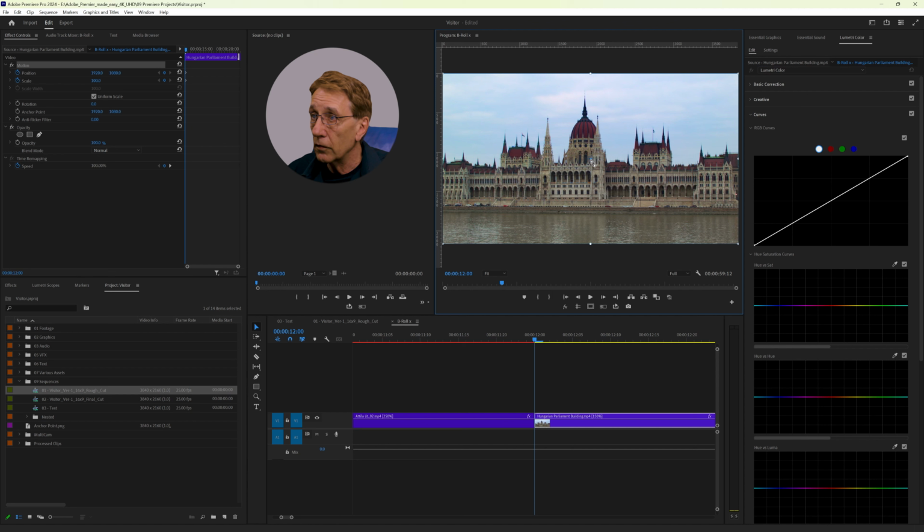So I have to find the anchor point, because I want to zoom in here. That's where I want to see that dome after I'm zooming in.